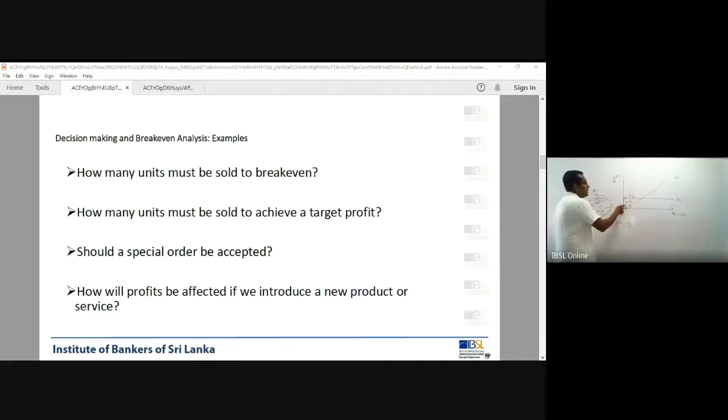So there is no difference by shifting this to this. We just shift the origin from this point to this point. This is the total cost line. We have fixed cost, we have variable cost, fixed cost plus variable cost gives the total cost, right? This is your total cost of production. Now we looked at this part, now we have to look at the revenue part. Right?